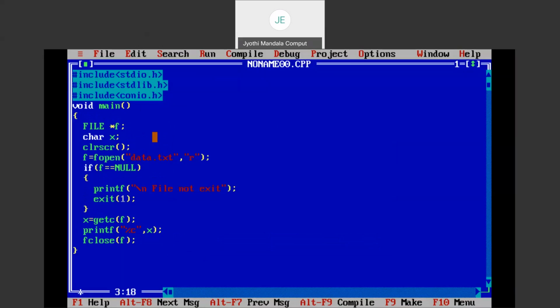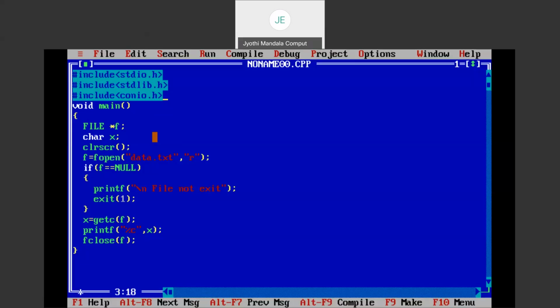Okay, so the data stored is jygothi. You will be getting only one character, isn't it? Suppose you know you have only 4 characters available, then what do we need to do? We need to use a while loop, because we want to get all the characters. You can use a variable called count and all those things we can do. Or else, I already told you f will be pointing to the next location, isn't it? So what we can do is